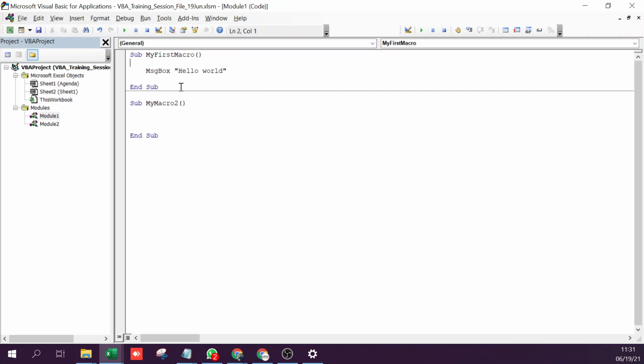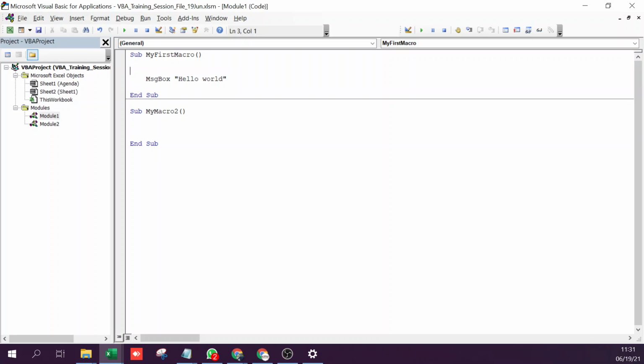Now, if you want a particular line to be ignored, let's say for your reference, say for example, I want to write a comment that this line is for showing a message box. Obviously this will not be understood by the compiler, by Visual Basic, right? And that's the reason why you start with an apostrophe. Once there is an apostrophe, the subsequent part of that line will not be read at all, and it will also become green. So if I write a lot of these lines, it's very easy for somebody to distinguish that this is a comment that has been written, right?